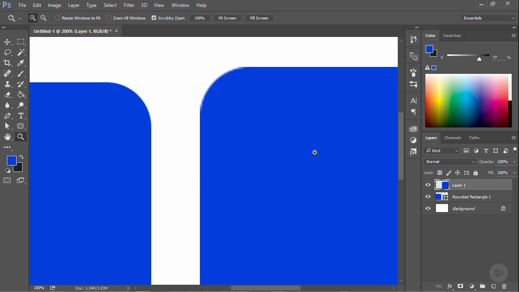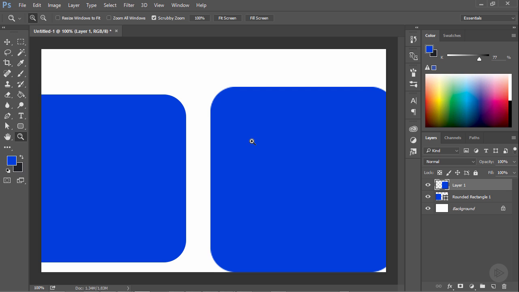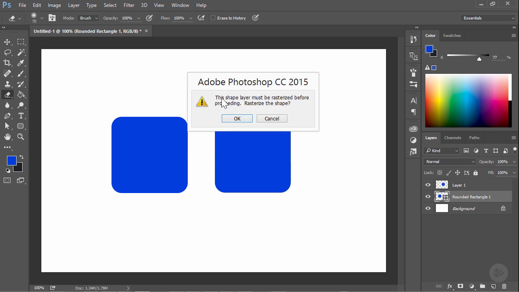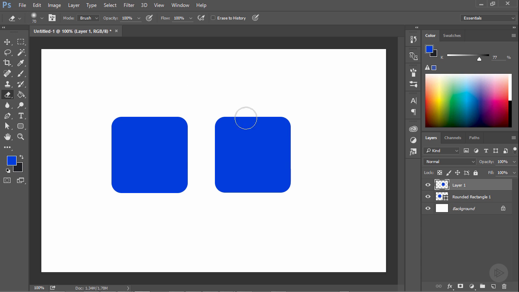Now, on the other side of the same coin, there are certain things that you cannot do with a shape layer that you can do with a rastered layer. So just to illustrate this, I'm going to Control Z. I'm going to back up a couple times. And let's say, for example, we wanted to use the eraser tool. Well, if we take the eraser tool right here and we select on our shape layer, we cannot do that. This shape layer must be rasterized before proceeding. So do you want to rasterize the shape? Nope. So we can do this instead over here on the raster layer, and we're completely able to erase away